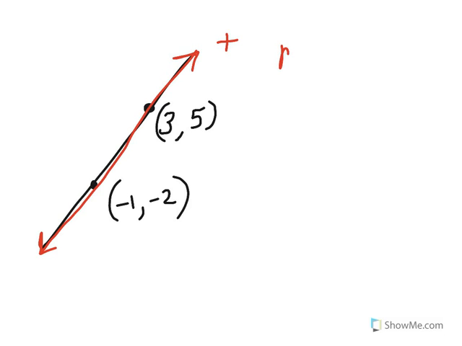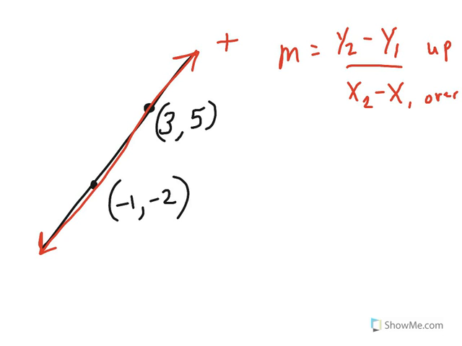Now our slope calculation is this: y2 minus y1 over x2 minus x1. Okay, there's a bunch of ways to say this and a lot of ways to write this formula. It's basically how far is it going up divided by how far it's going over, and it should be positive. Okay. Now, if you're going to use this technical version, we need to identify what these variables represent in the situation. So if we call this over here point 1 and this point 2, well, that's going to help a lot